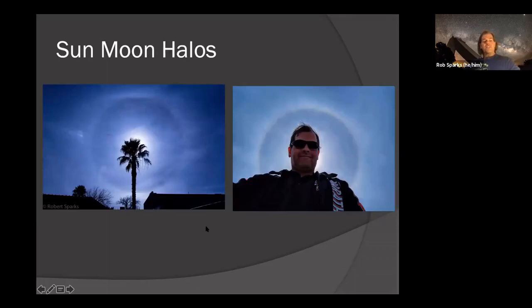I also enjoy sun halos and atmospheric optics. Those are fun things. The one on the left is one I took with the palm tree. Sometimes you get the palm tree in the middle of the halo. Sometimes you want to put something there to block out the very bright sun so that you can get the halo nicely. And the one on the right looks like a more complicated image than it really is. You just put your cell phone in selfie mode, put it right in the middle of the shadow of your head, and you know your head is going to be centered on that halo. So it's a very easy, fun self-halo picture to take, which I enjoyed doing when I first found out about that one years ago.